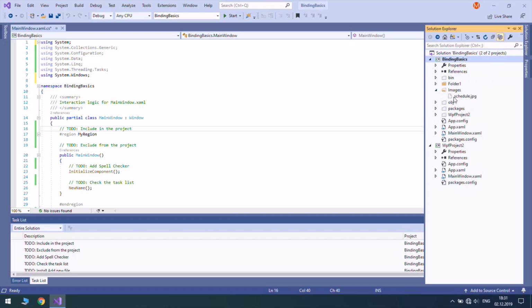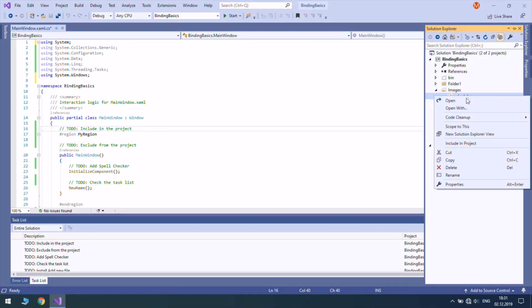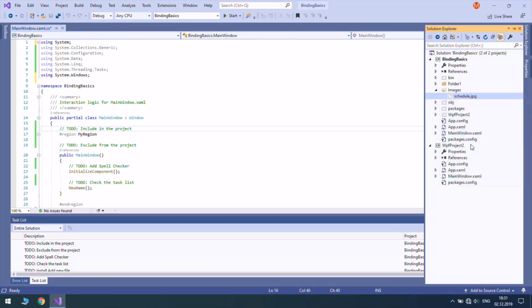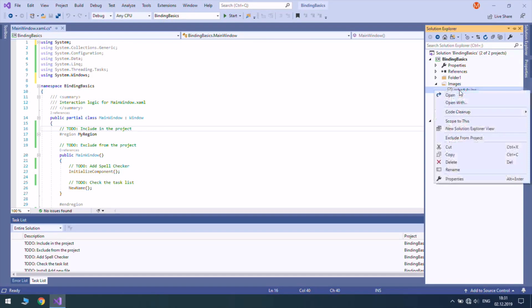Here it is. So if I want to quickly include this file in the project, I right click it and click Include in Project. Also you can quickly view it by hovering over it. Okay, let's move on. Oh, and by the way, you can just as well exclude it from the project. It won't delete the file.